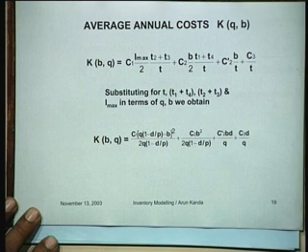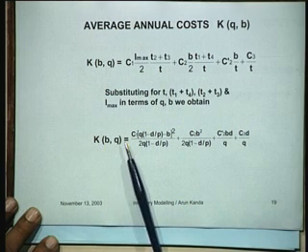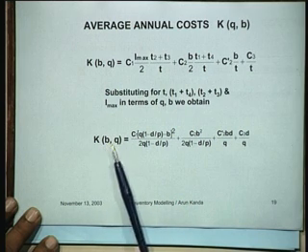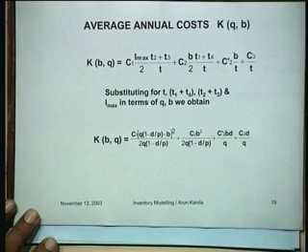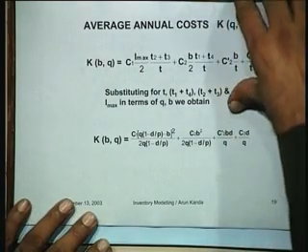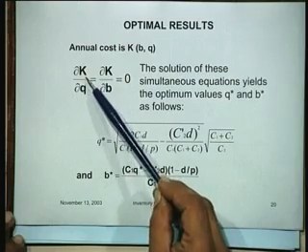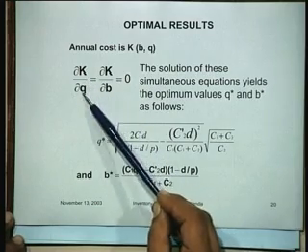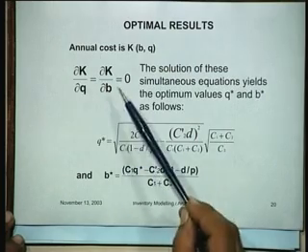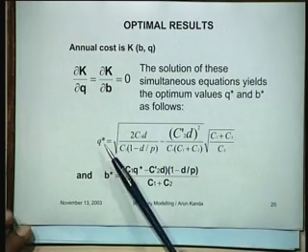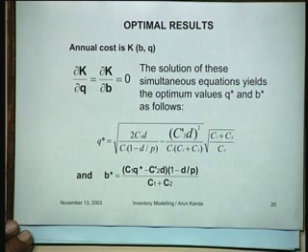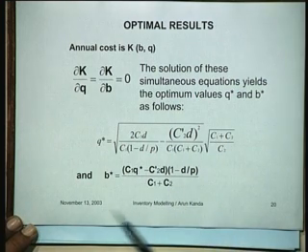Important thing to note here is that the total cost is expressed as a function of B and Q primarily. B is the back order quantity and Q is the order size that you have. That's what we are interested in expressing. And if you take partial derivatives of K with respect to Q and B and solve these equations simultaneously, the general equation for Q star and B star for this situation is governed by this formula.